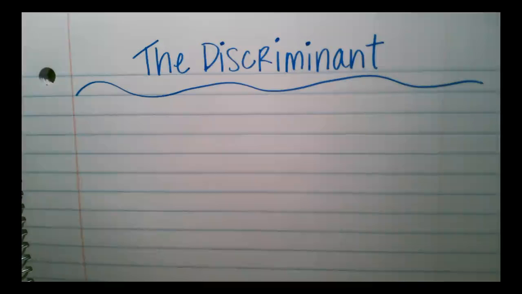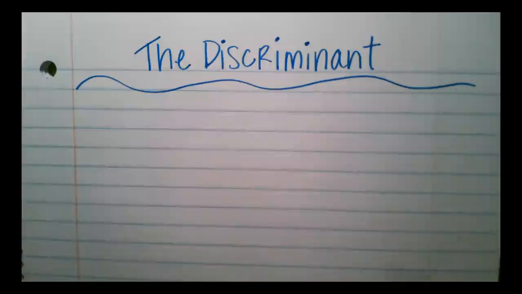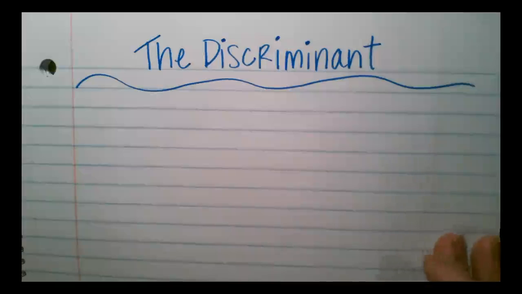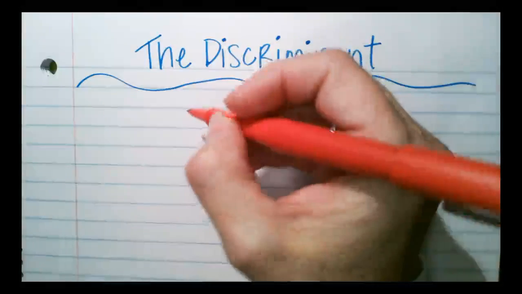Right, in this video lesson, I am going to explain the discriminant, which is part of the quadratic formula. The purpose of the discriminant is that it's going to discriminate between whether your answers are imaginary, rational, or real. So that's why we call it the discriminant. And what it is